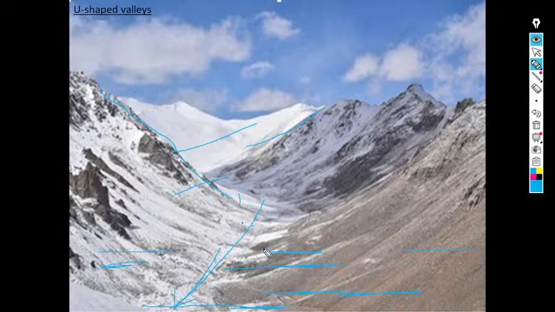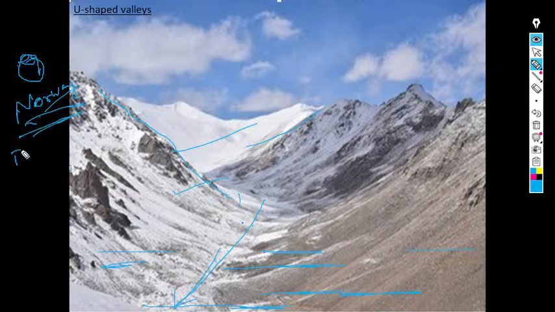For example, this U-shaped valley is a great example. Here, your Norway. Okay, Norway. Most of the